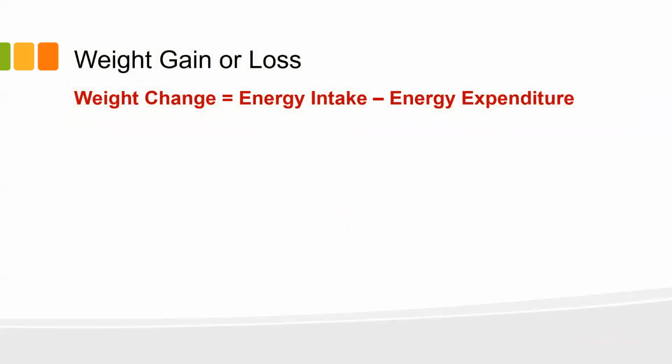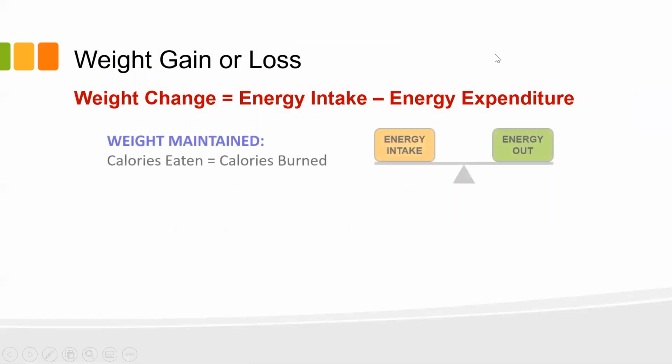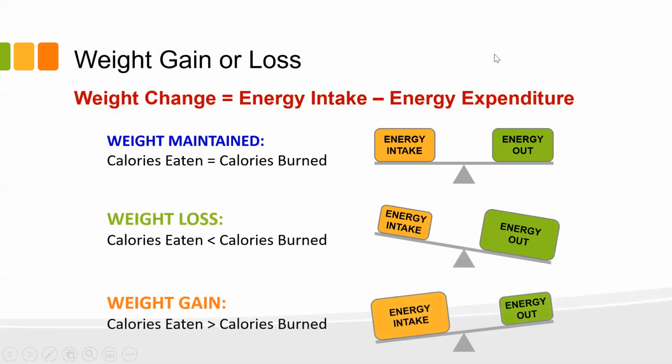Okay, so let's talk a little bit about weight gain and loss and how this is done. So like I said, on one principle, this is very straightforward, and we have lots and lots of data to show this is exactly the case. If your calories eaten equal your calories burned, you're going to maintain your weight. If your calories eaten are less than your calories burned, you're going to lose weight. If your calories eaten are greater than your calories burned, you're going to gain weight. And this is it. We know this for sure 100%.